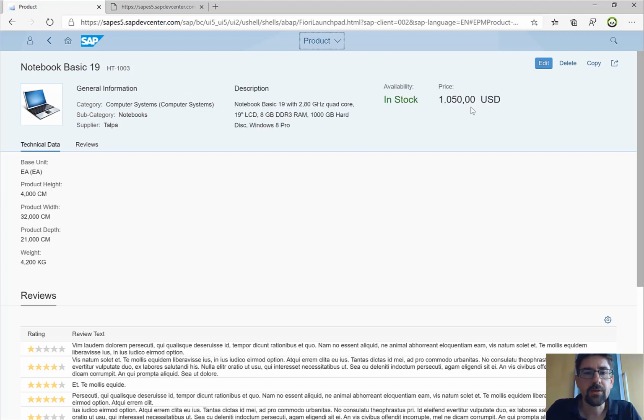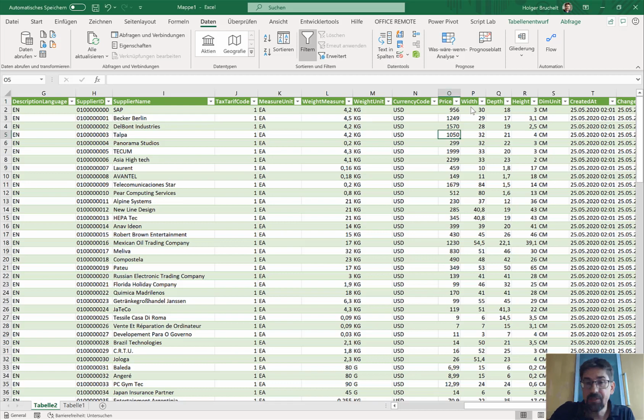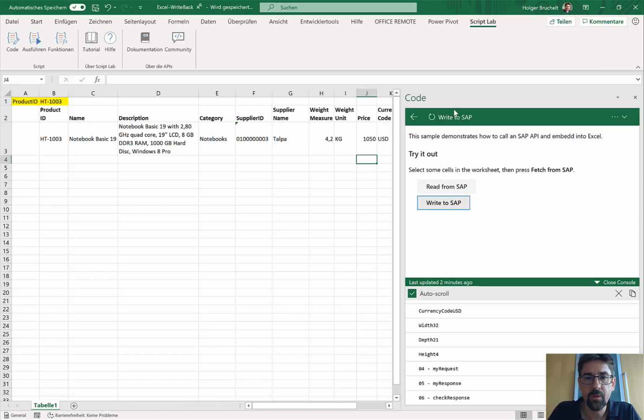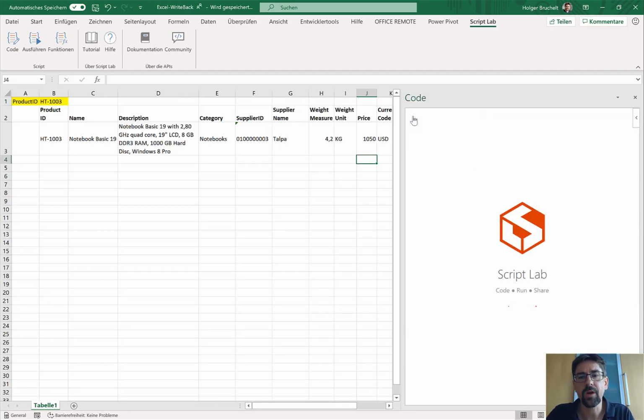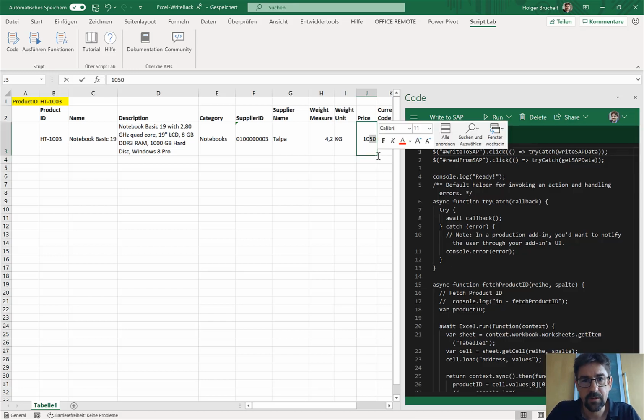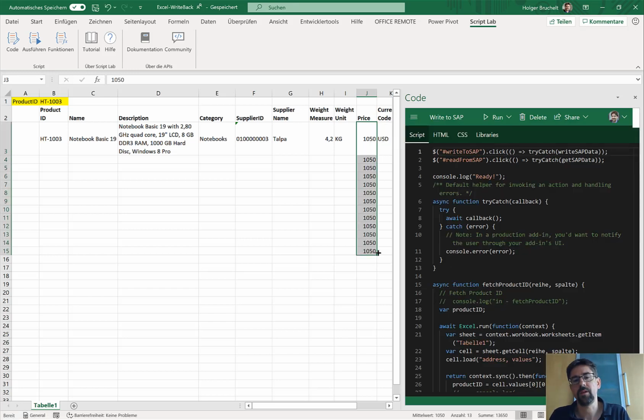So now I was able to, first of all, very easily read the information in Excel, but equally easy, I have to say, I was also able to enable a write back scenario from Excel. And obviously this could be a list of hundreds of products, and I then use standard Excel functionalities, where I just drag and drop the prices or something like that. So potentially this could be a really complicated scenario where I work with SAP data from my Excel sheet and I update the data in my SAP system.